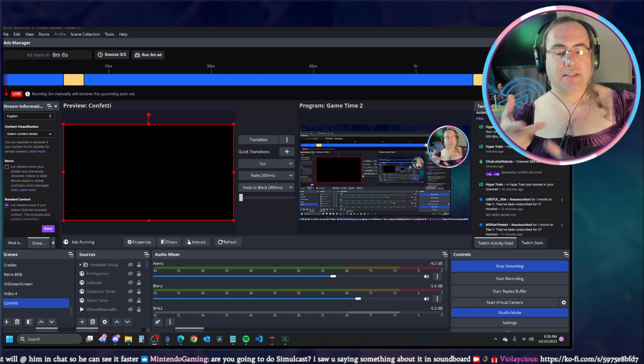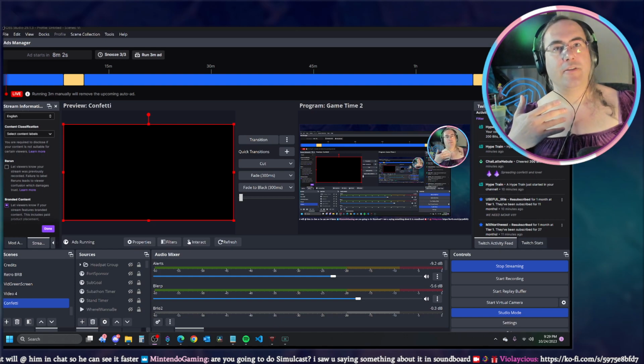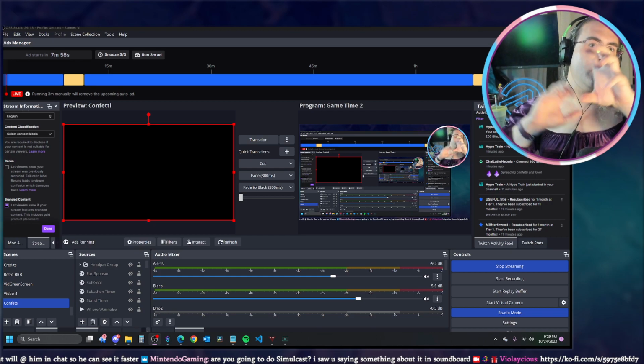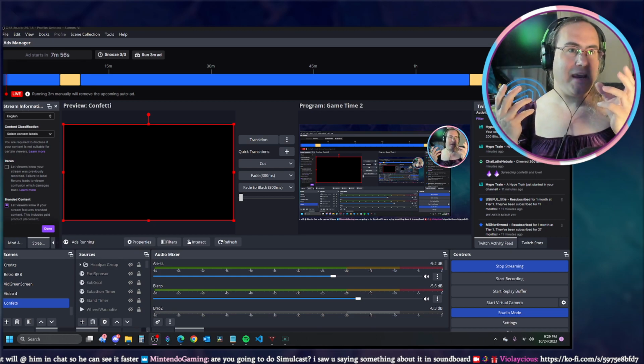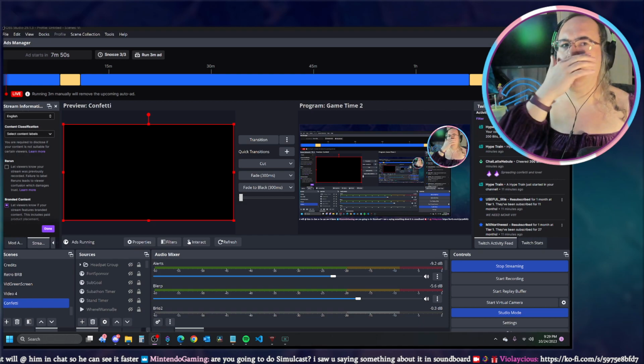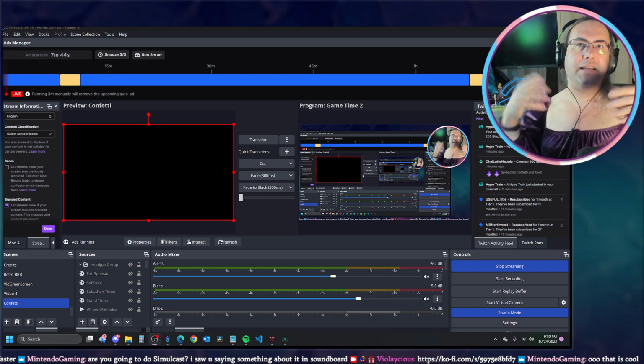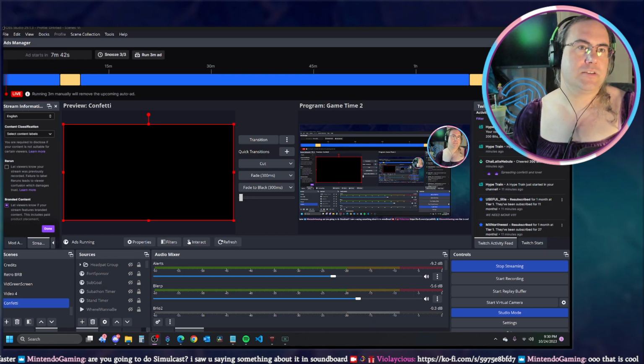That allows me to see raids and follows separately from other information like bits, resubs, stuff like that, so that neither window is moving super speedy, and I can keep an eye on what's happened and catch up a little bit faster when I need to. They all feed into the credit system too, so it doesn't make a difference that way, but it just makes things a little bit easier to be consumed.